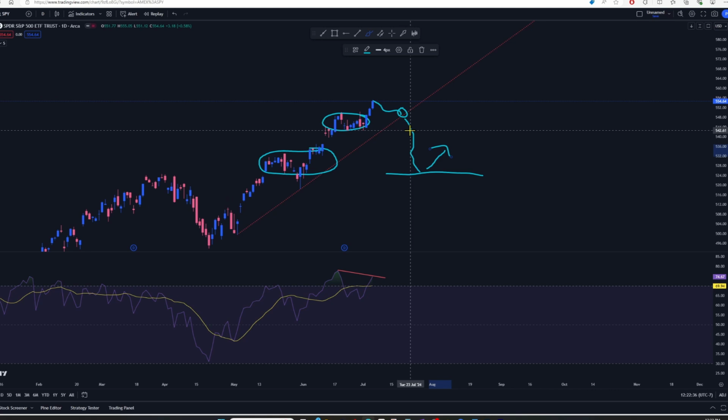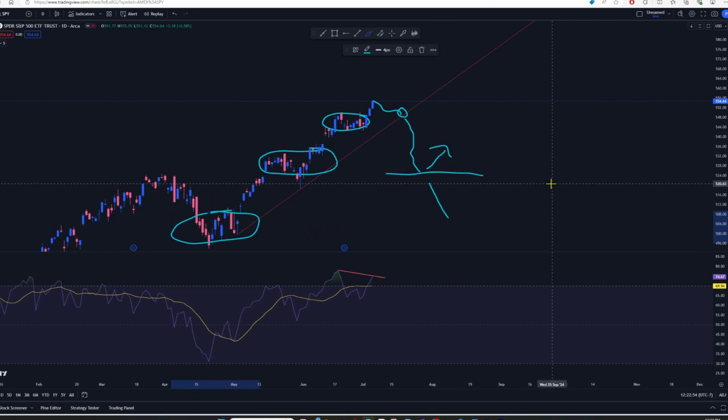If it fails at 542, then we're in a full-on downtrend, and we're going to come back down towards the 500s, or to see it break through. And if it breaks through, then we're going to the 500s right now, because this is where that other level of support is on the chart. All right. And even if we come up